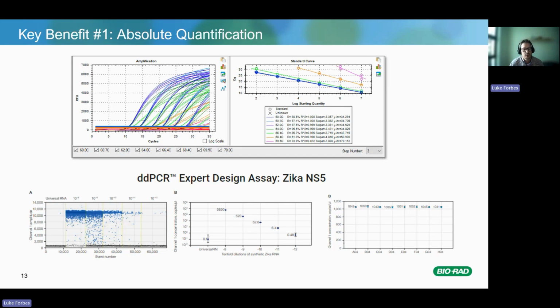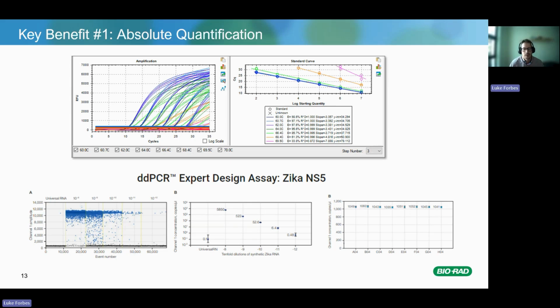So if you look at the top, you can see traditional real-time PCR standard curve. And obviously, this requires quite a lot of extensive validation. Because of that, looking at it at the exponential phase, the data can often look a little bit overwhelming at first. But if you just consider the key parameters that tell us how good or bad your assay is working,